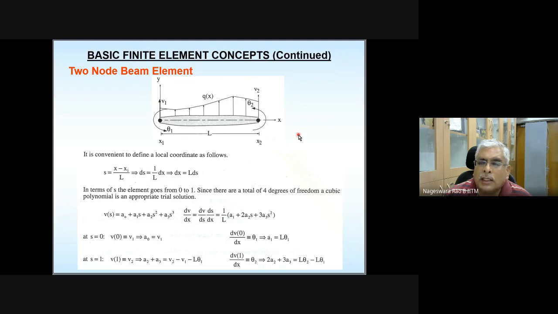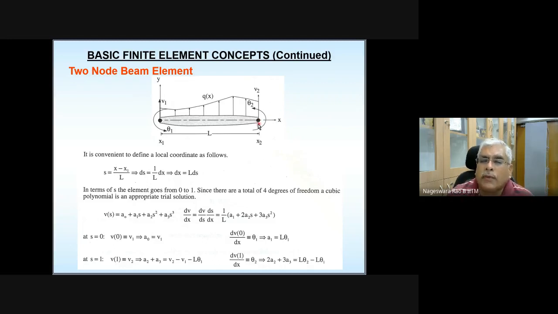Only the axial displacement at both the nodes is the degree of freedom. So for a 2-node bar element, 2 degrees of freedom are there. So you started out with a polynomial, let u of x is equal to a0 plus a1x. You remember that? So same thing you need to do here, except that you need to start with a polynomial having the same number of coefficients as the number of unknown degrees of freedom here.